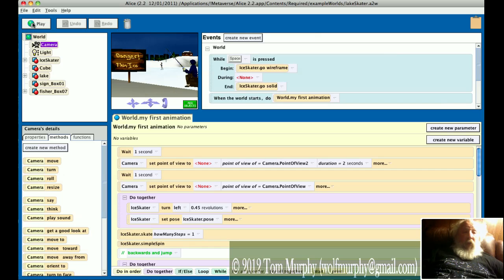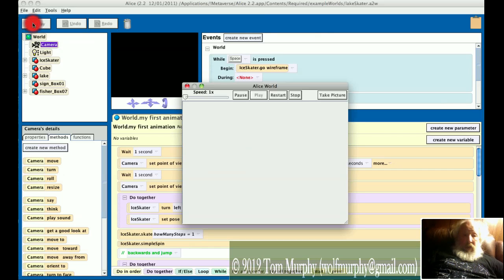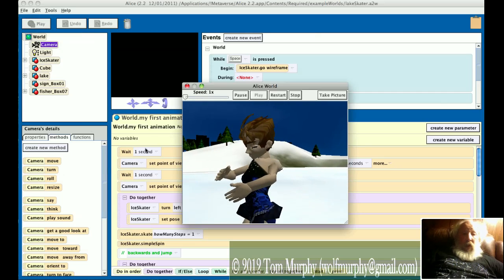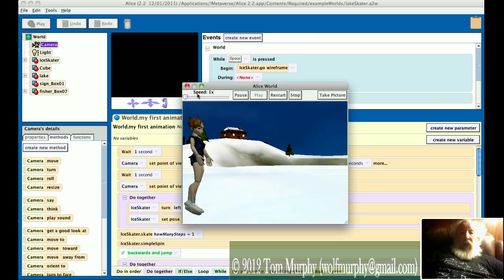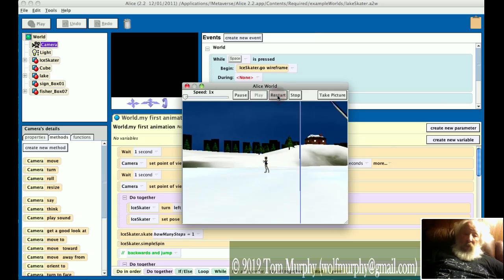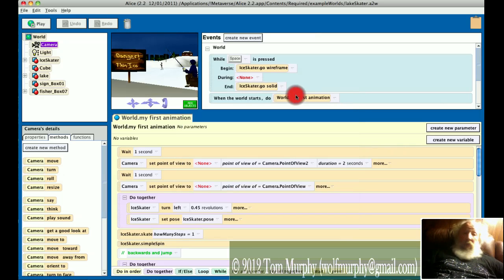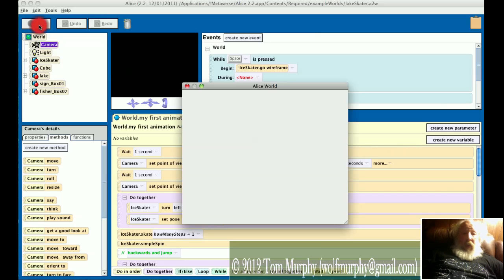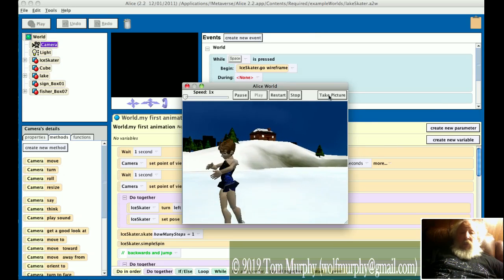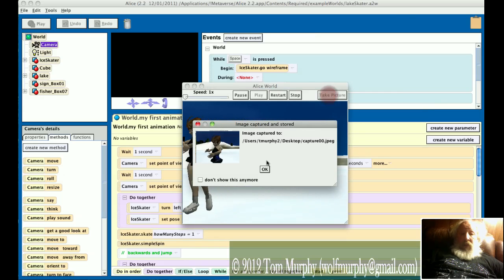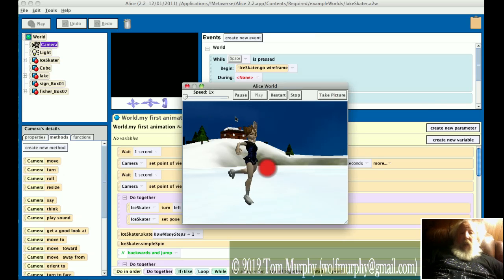Here's the Play button in the upper corner, and watch when we hit play. We have a little window down here where we can have a speed bar that will speed it up if we choose to. We can pause it. I just paused it now. I can go back and continue it playing. If I hit restart, it obviously goes back to the beginning and restarts. Stop completely stops the whole thing. I'm going to go back and play it again. And finally, Take Picture would take a screenshot. And this captured it to my desktop, Capture 00.jpg. And you can do that with the worlds that you create. You can make both a movie of it and